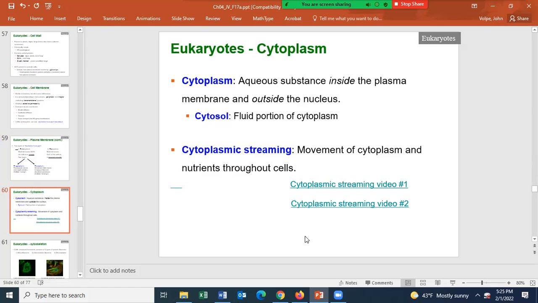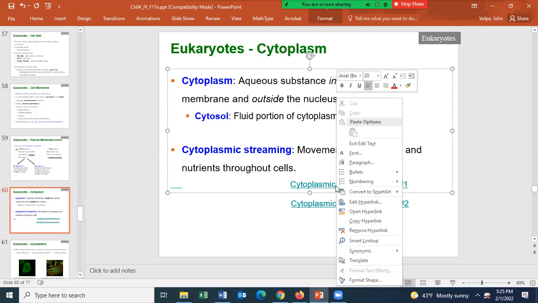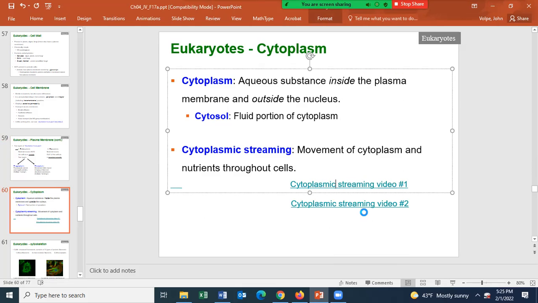If not, let's briefly talk about the cytoplasm. In eukaryotes, the cytoplasm is the aqueous substance inside the plasma membrane, but outside of the nucleus. The cytosol is the fluid portion of the cytoplasm. You can have cytoplasmic streaming, where the cytoplasm moves around in the cell. And this is going to show you a little video of cytoplasmic streaming, where the cytoplasm moves around in the